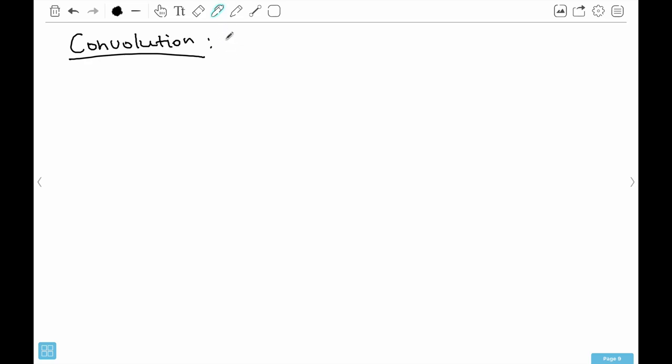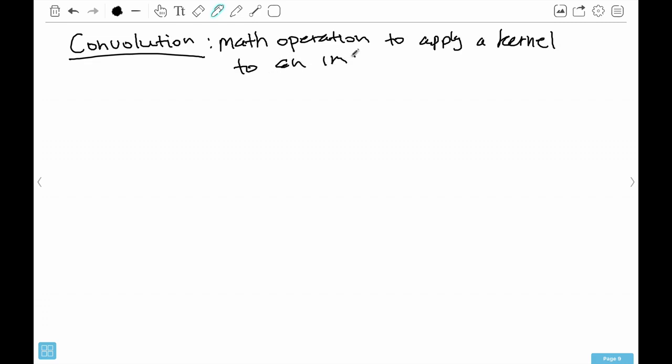Convolution at its core is a mathematical operation. So it's a math operation to apply a kernel to an image. Right now this might not mean that much, and I'm trying not to get into too much of the details. I'm going to save that for the optional video, but let me at least give you some